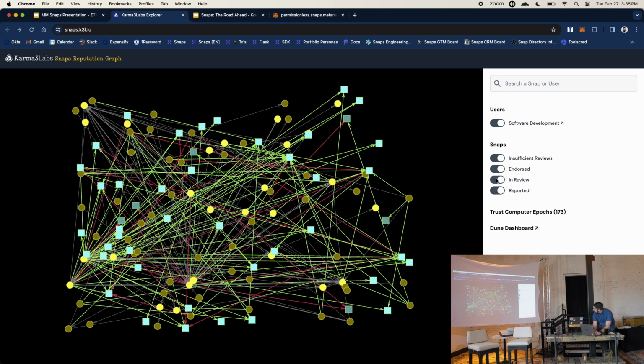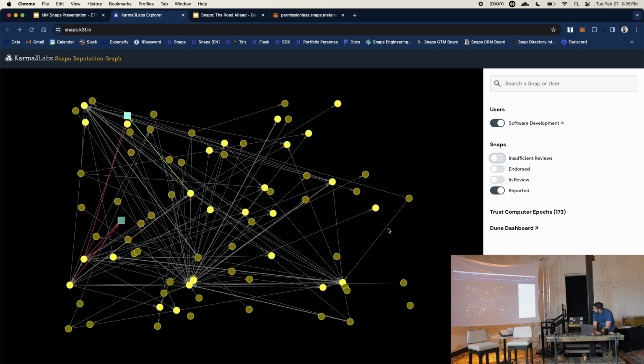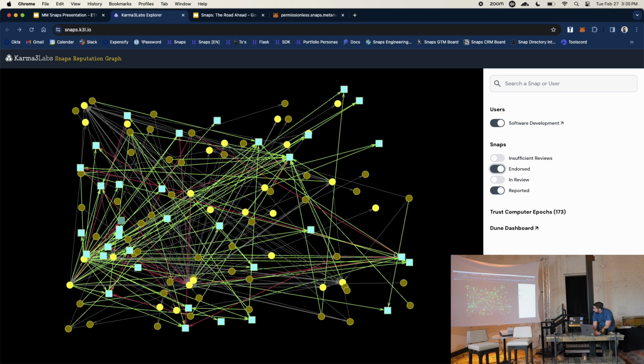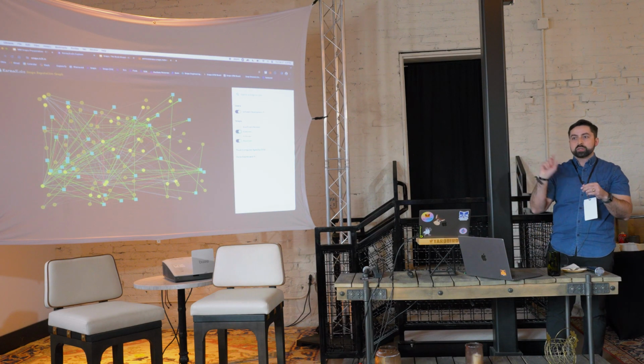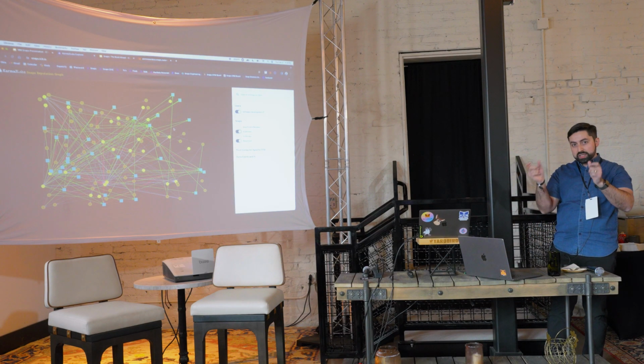I can see snaps that have been reported, right? So these are snaps. I can hover over a snap and see information about it. These are different users. Here's Simon Brown. Then this blue box is a snap. So this is an example snap, and this has been reported by users. Likewise, if I look at a snap that's been endorsed, here's Filecoin Wallet and it has been endorsed. And so I can see all these different connections of endorsements and disputes made between users as nodes and snaps